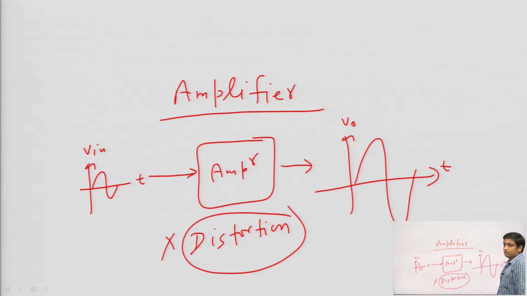The shape of the signal applied at the input should not change at the output. If there is distortion, that means some information may be lost. That should not happen, that is not desirable. So, in order to get the proper amplification of the input signal, we need to do the biasing. We need to ensure that the output signal which is generated after amplification does not change shape, there should not be any distortion at the output side. For that we use biasing.